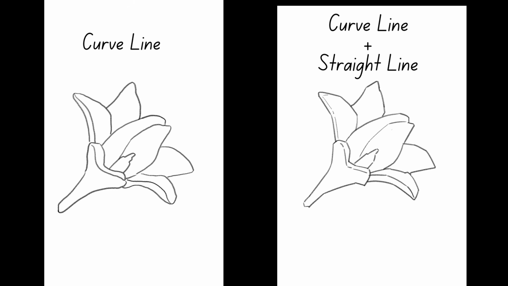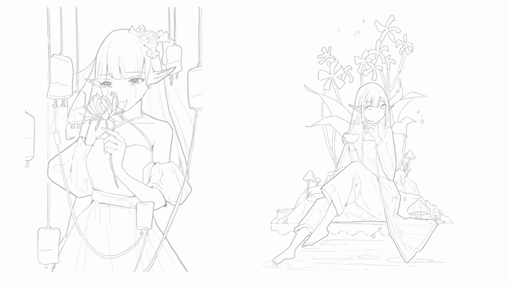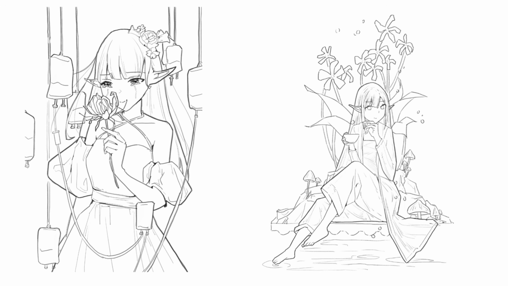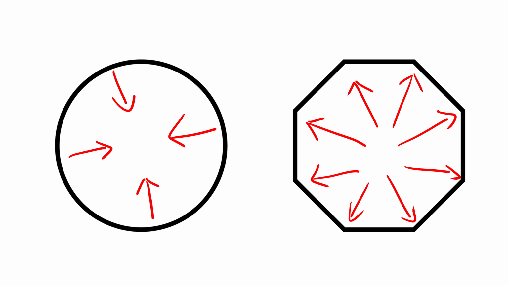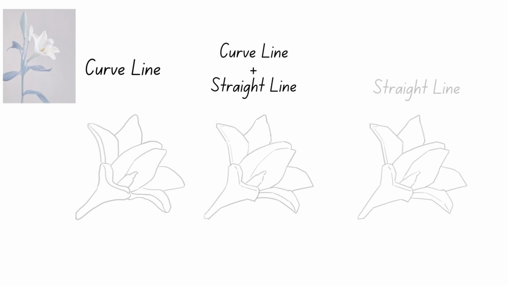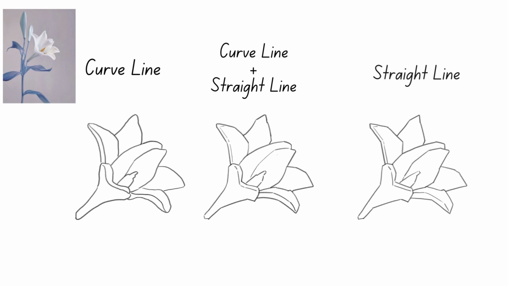CSI simplifies real shapes, and the contrast between curves and straight lines makes the composition more interesting. My habit is to primarily use straight lines, with curves as embellishments. This is because straight lines have stronger tension. The force of a circle is inward. The force of a polygon made of straight lines is outward. The same flower, when using more straight lines, will have a different feel.